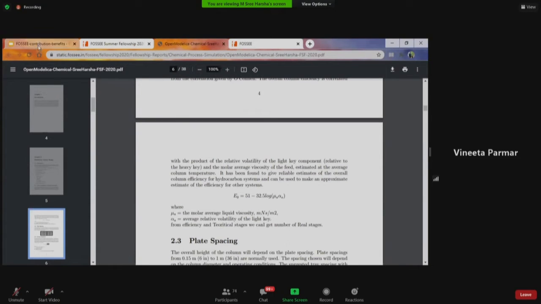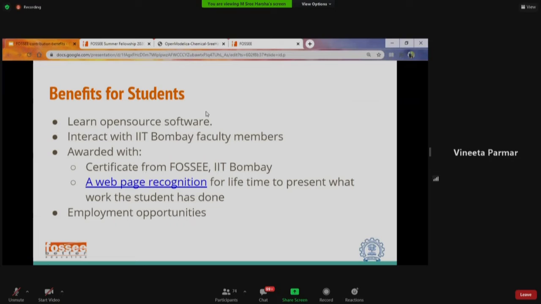So back to the slides. Yeah. So we also give employment opportunities. Definitely, learning this amazing software will open good employment opportunities for the students in the outside world. But FOSSEE also, if you have done very well in your internship or you have contributed very well in our